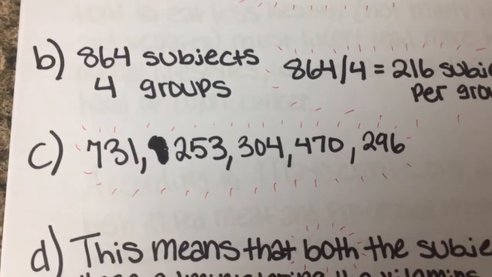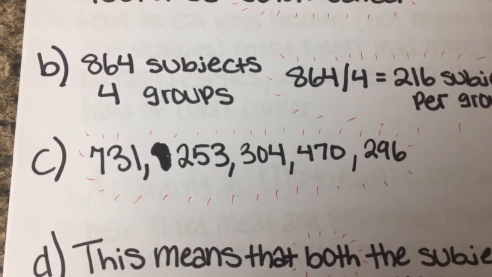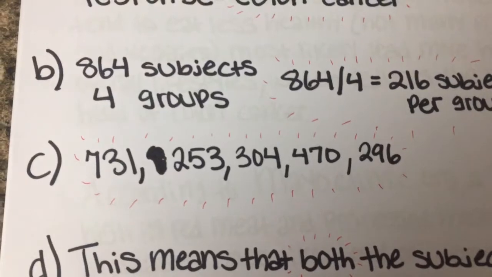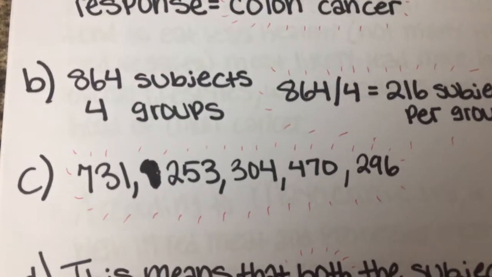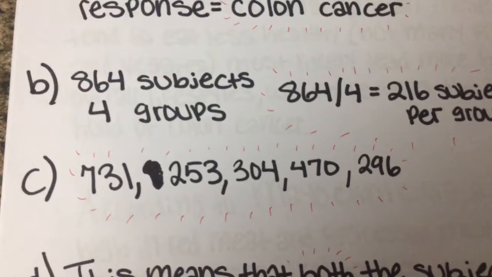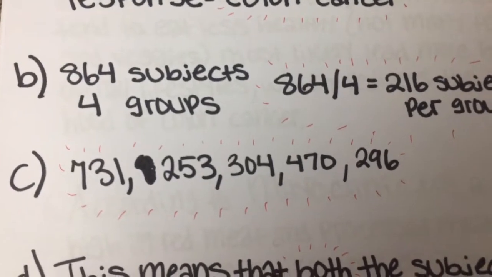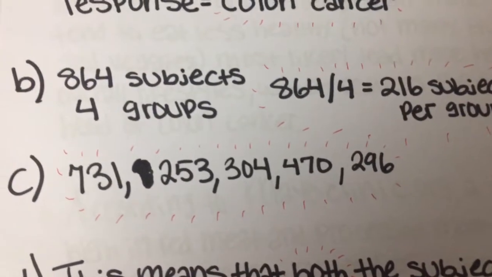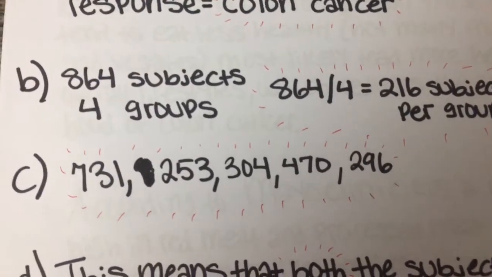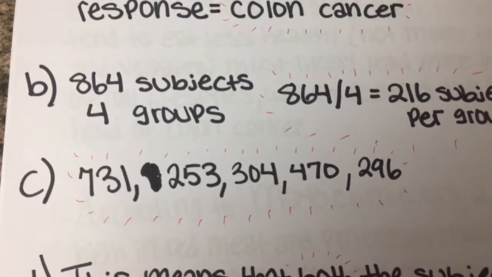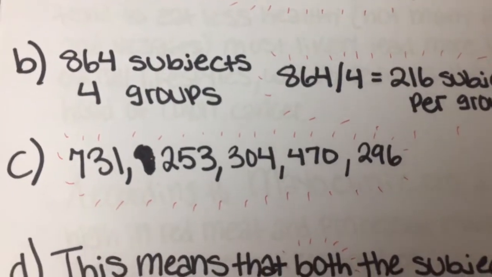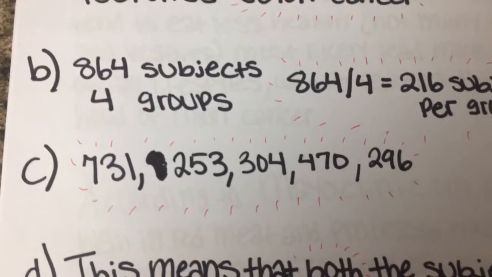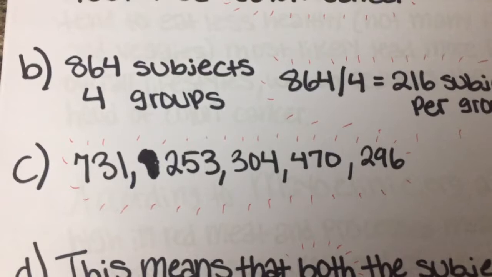Part C says to assign labels to the 864 subjects and use table B starting at line 118 to choose the first 5 subjects for the beta-carotene group. So for that, you just flip to table B in your textbook and went to line 118, and then you grouped the numbers by 3s. So we would make 700, 600, that sort of stuff. And you found the first numbers within 864 that occurred in line 118, and that was 731, 253, 304, 470,